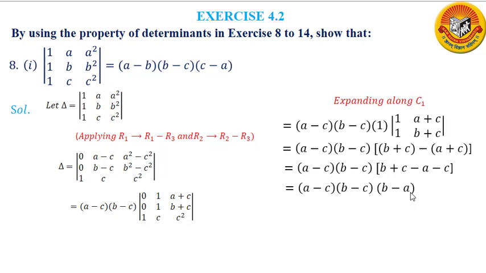Now here I have b minus a, and here I have a minus c. If I take minus common from the first term and minus common from the third term, here I will have a minus b, and here I have c minus a. So I get what I need on the right hand side. Have you understood how you can solve this problem? Here I have applied R1 as R1 minus R3. You could have applied R1 as R1 minus R2. So it is up to you which operation, which property you apply.